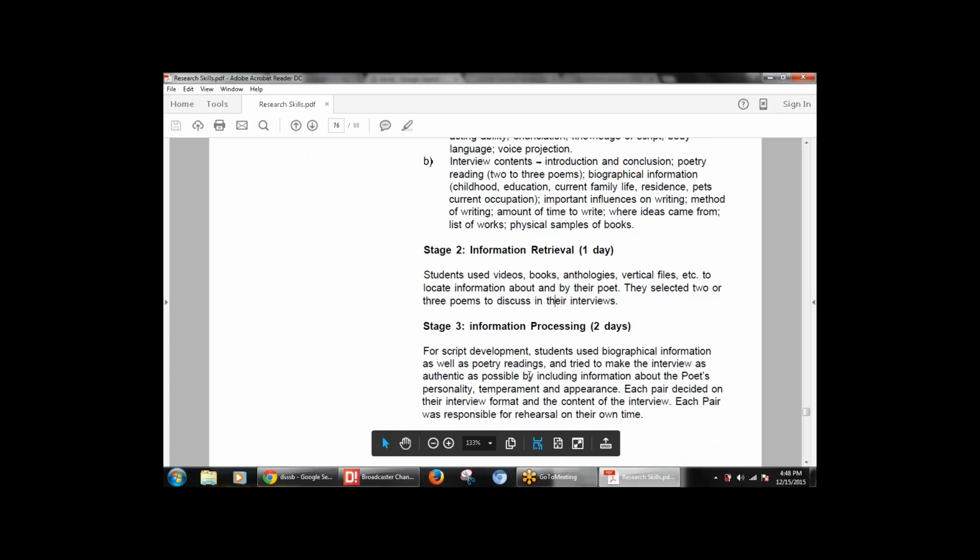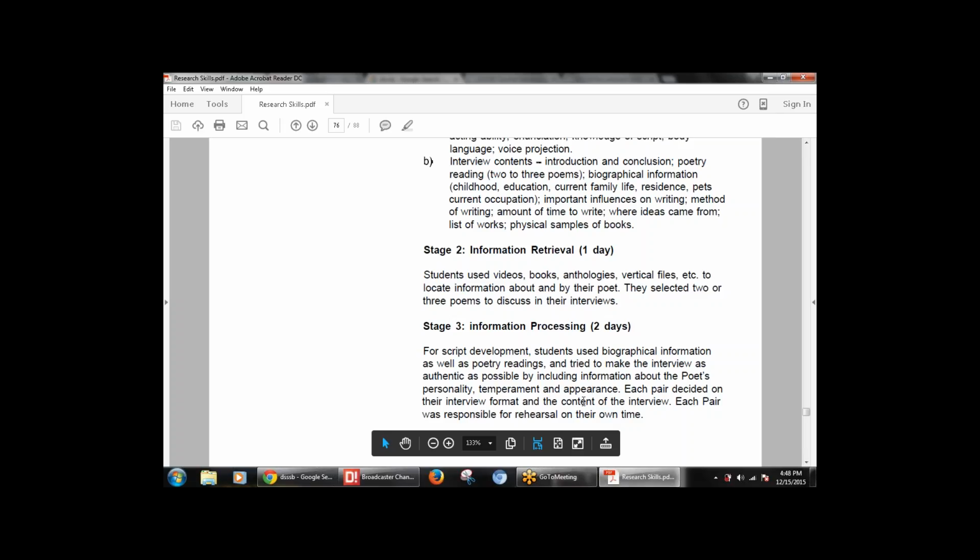Then stage number 3 is the information processing, that is, how the information will be processed. For the script development, students use the bibliographic information and try to make the interview as authentic as possible by including information about the poet's personality, temperament, and